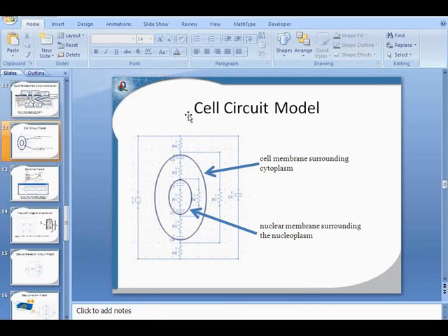So let's look at a circuit model, a cell circuit model. This is a double-shelled cell, and we have a circuit model where the cell membrane surrounding the cytoplasm is modeled in terms of resistors and capacitors, surrounding a nuclear membrane surrounding the nucleoplasm, and this series network is in parallel with a medium resistance and capacitance. So if we go to our QuickField model,